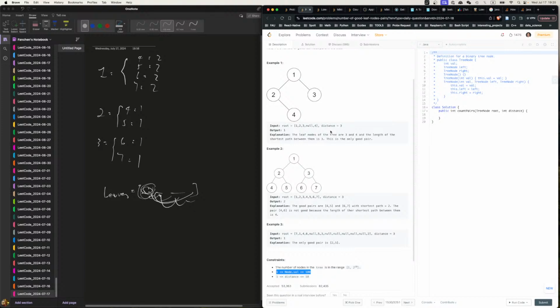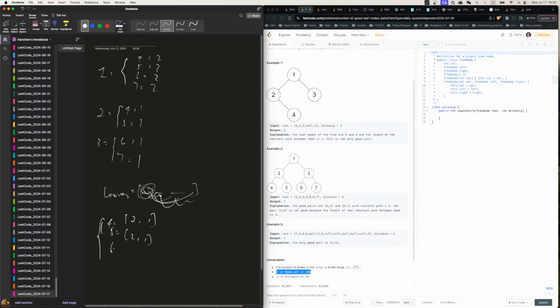I feel like there has to be something better than this. No, I don't want it that way. I think I want this the other way. We have each leaf. Okay, so we have each leaf, we have the path. So 4 and 5 are 2 and 1, 6 is 3 and 1, and 7 is 3 and 1. Alright, and then for each pair,